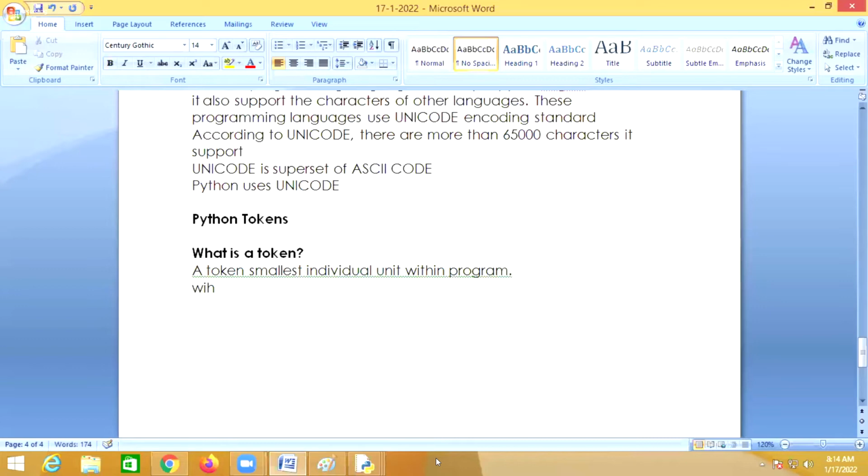So without tokens, we cannot write a program or an instruction.